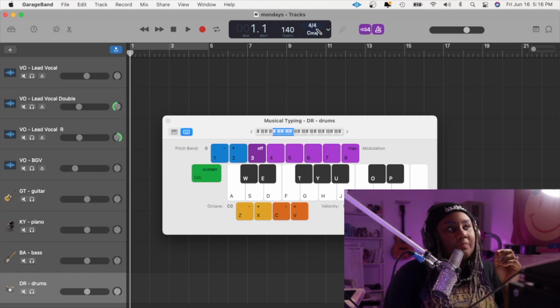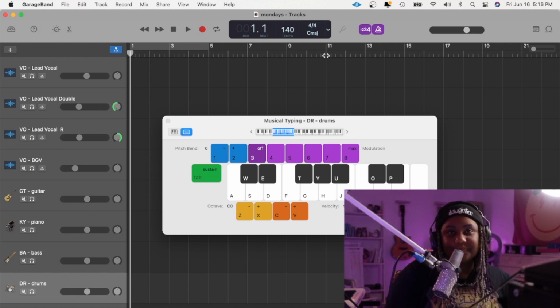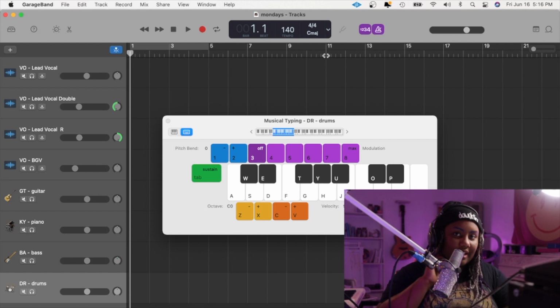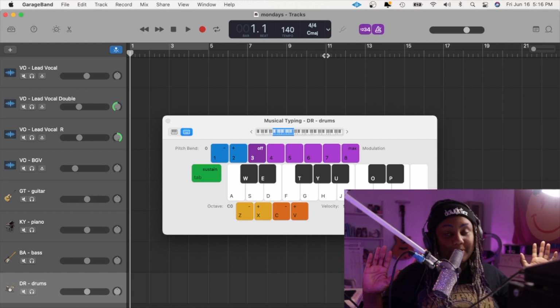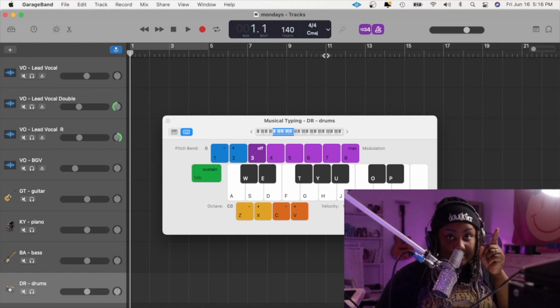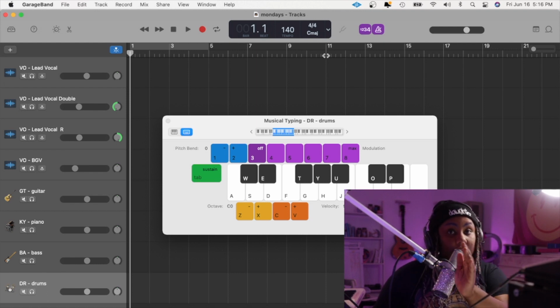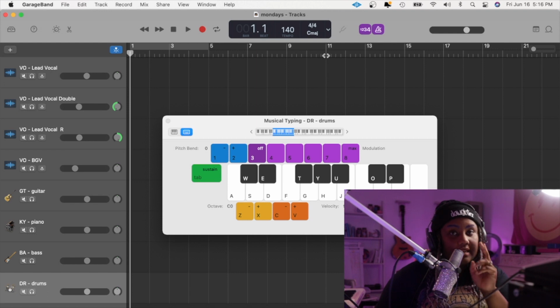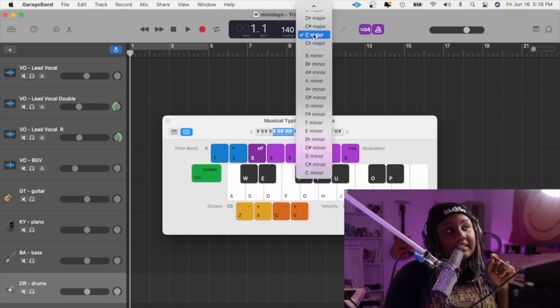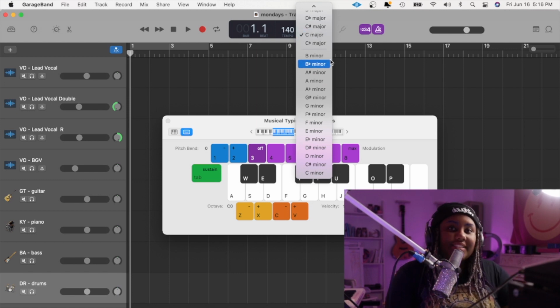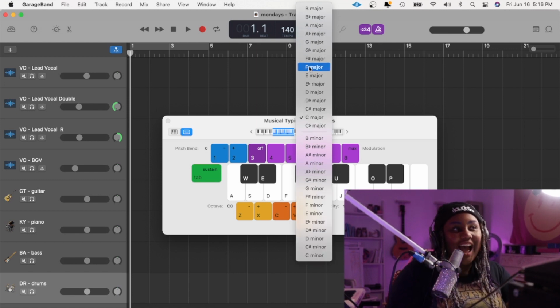So for that is the time signature that we're using. I don't know music. I ain't about to pretend like I do, but I know that that's the time signature, and I know that it's going to be 1, 2, 3, 4. Now I know that if we did 3, 4, it'd be like 1, 2, 3, 1, 2, 3, 1, 2, 3. And I know that if we did anything else, you should Google it and figure it out from somebody else. As far as the key of the song, I usually leave it in C major